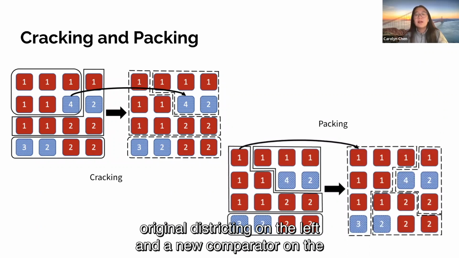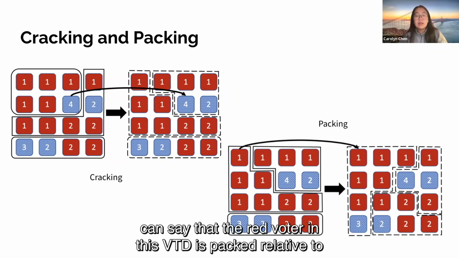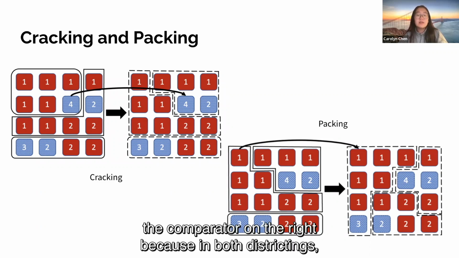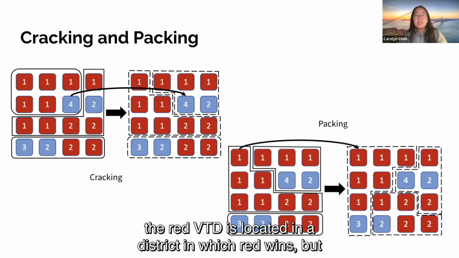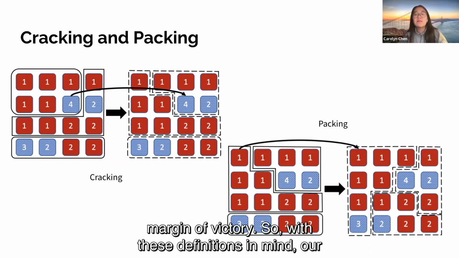If we look at the top left red VTD with 1 voter, we can say that the red voters in this VTD are packed relative to the comparator on the right, because in both districtings, the red VTD is located in a district in which red wins, but the win of the comparator is achieved with a much lower margin of victory. So with these definitions in mind, our question then becomes, how do we evaluate the magnitude